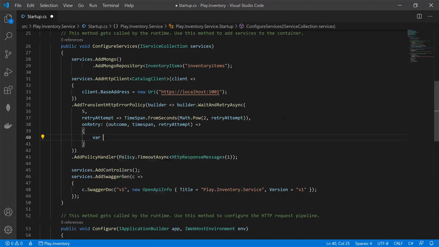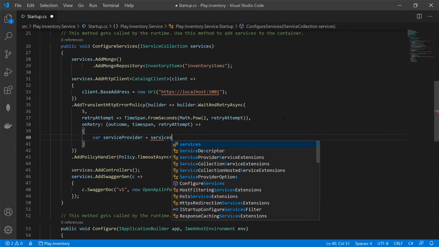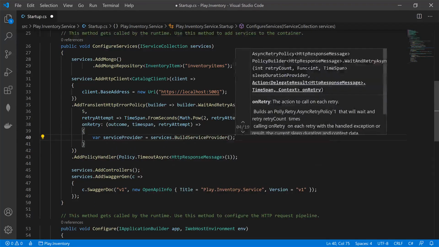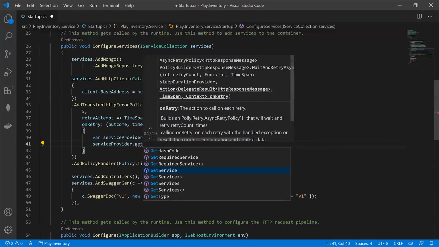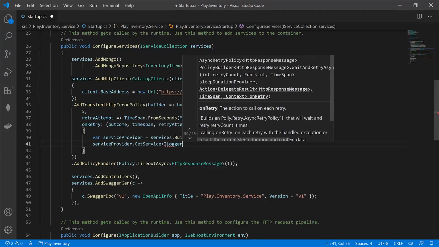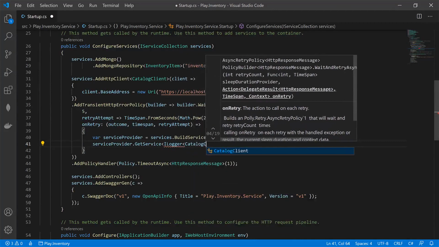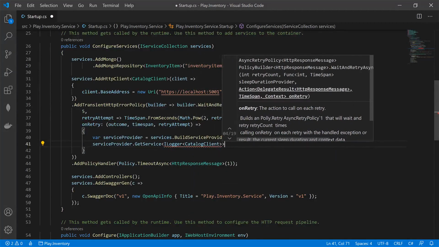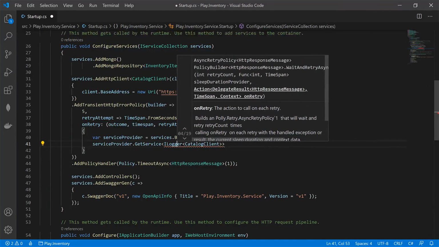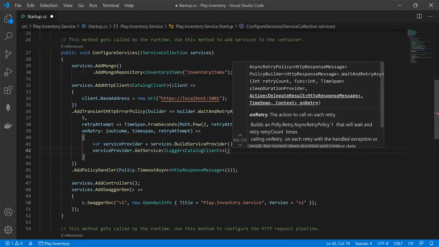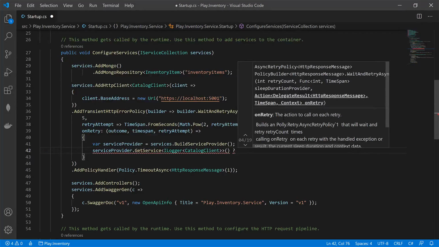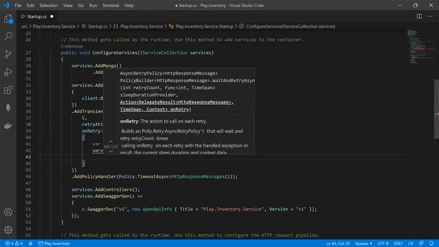So let's see, we'll say serviceProvider equals services.BuildServiceProvider, and then we will say serviceProvider.GetService. We want an ILogger of CatalogClient. Okay, let's see if we're missing a namespace. The Extensions.Logging. Okay, so if you're able to get that service instance, so we'll use this question mark there,